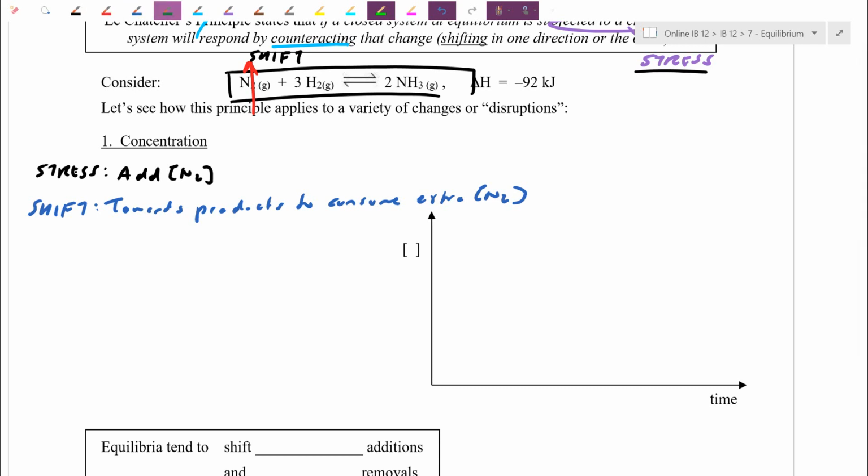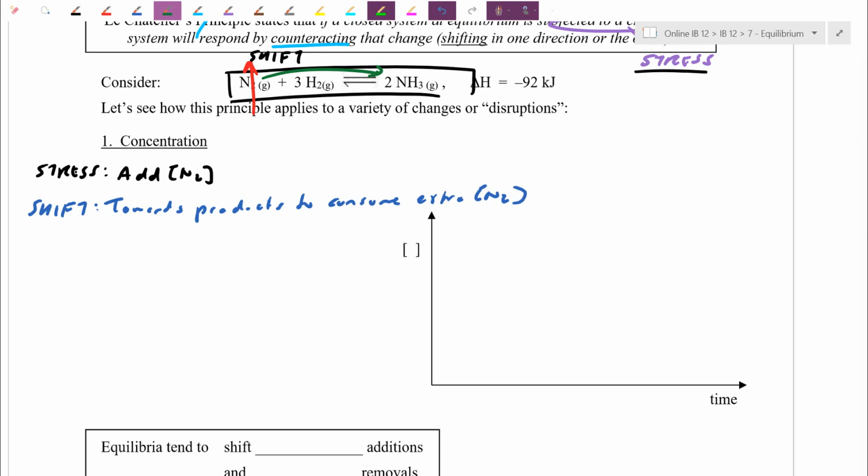Nature can choose, right? It's stuck in the box. It can either shift to the left, that would take ammonia that would generate even extra N2, or, like we said, it can shift towards the product. It can sort of push away from how I poked it. It's going to shift towards product so that all the extra N2 is going to collide with H2 and then end up becoming NH3. So it shifts towards products. It's going to try to consume the N2, and basically